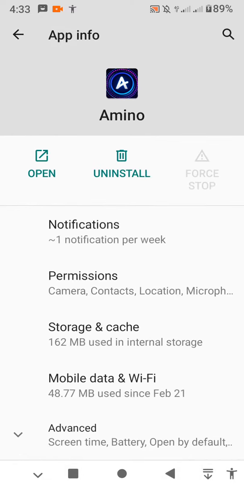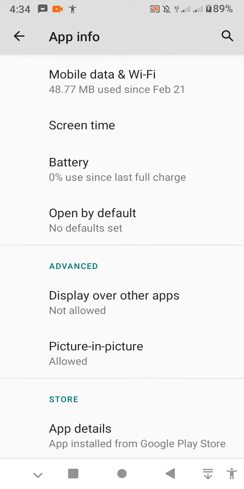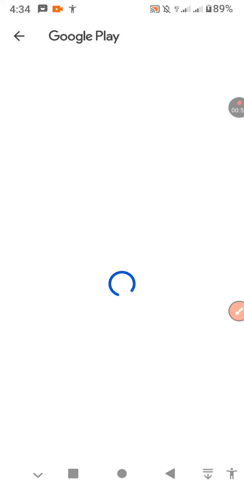So after allowing all this, what you have to do is to tap on advanced, then you scroll down, then you tap on app details, and this is going to get you to Google Play Store. So when you get over here, what you have to do,